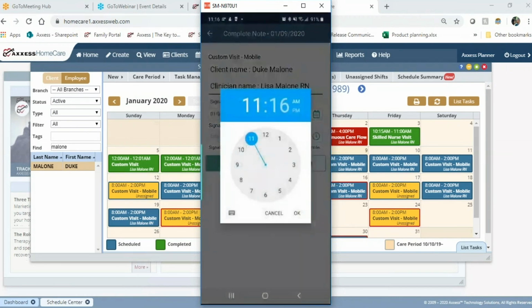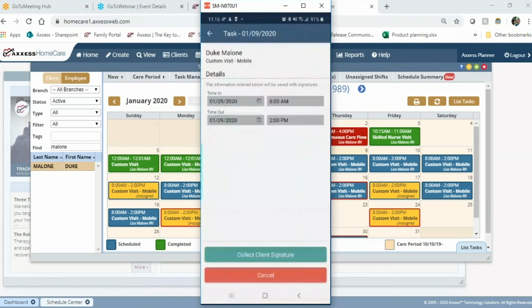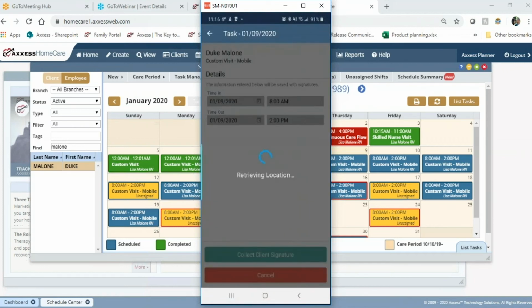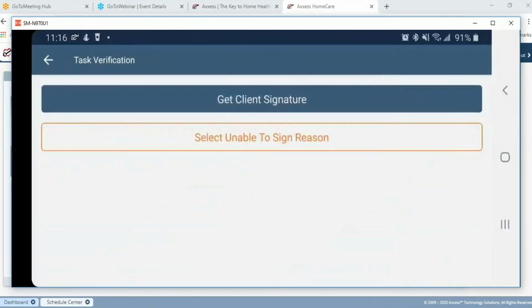So we're going to go ahead and complete our signature time. Confirm that all of those details look good, and then collect our client signature. And then we can either get the client signature, or if we have a client unable to sign, we can select that as well, but we'll just go ahead and do the signature,